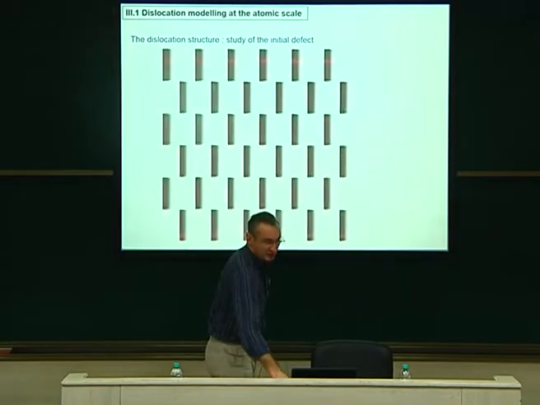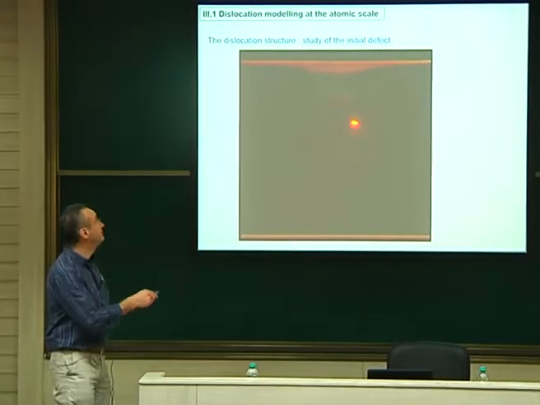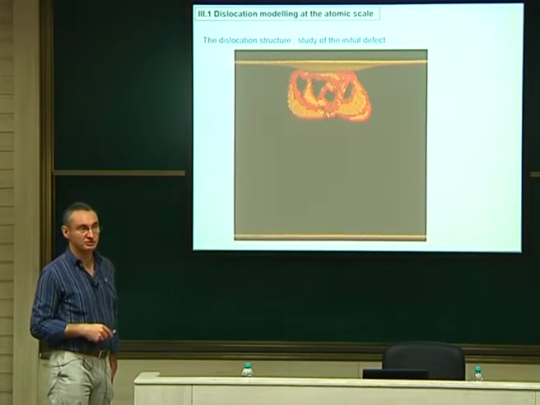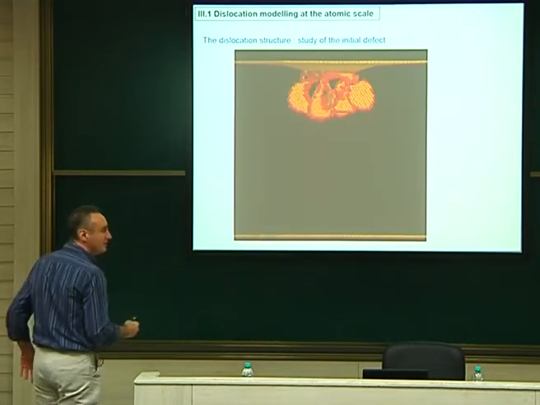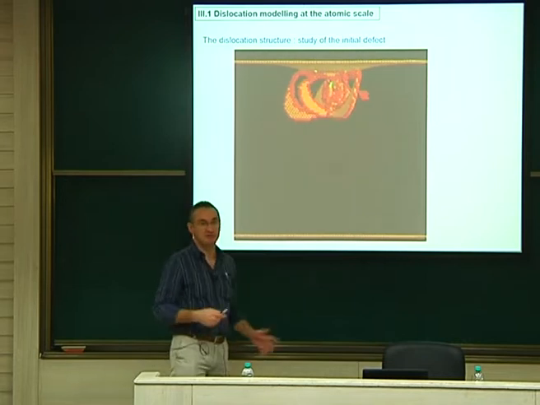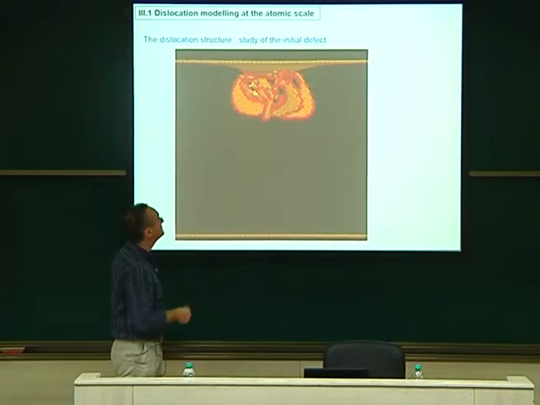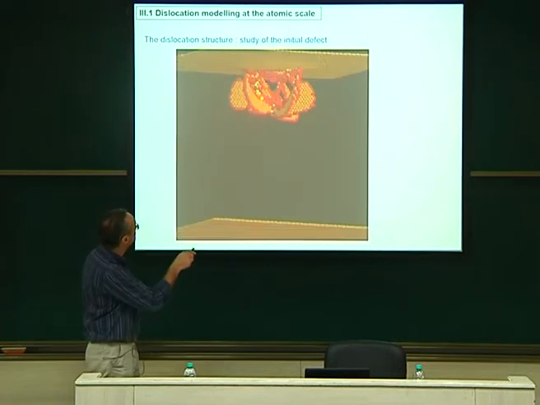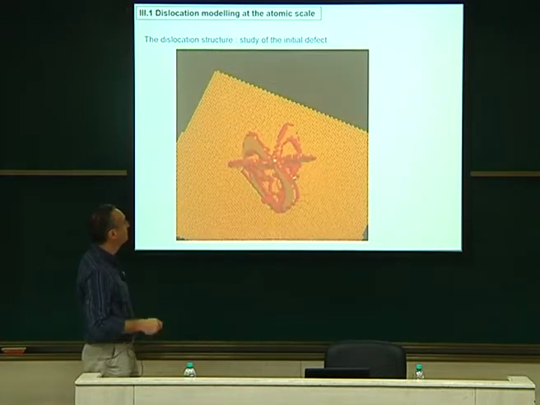Then, if you look at the defects, this I showed you, so maybe I can go fast now. The defect appears in the material, I already showed you that, not at the surface. Just because this is a spherical contact. If you were dealing with a sharp, flat punch, for example, this is not the case. It will appear at the surface. Here it's appearing in the material, and very quickly you have partials appearing, splitting into leading and trailing partials.